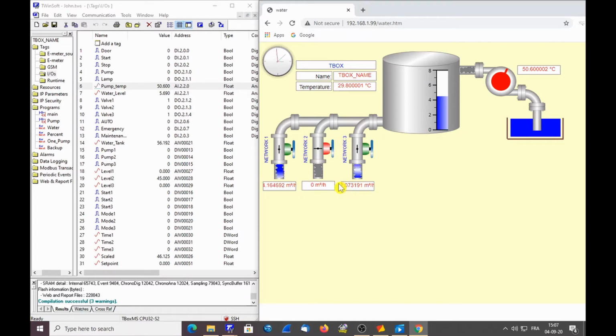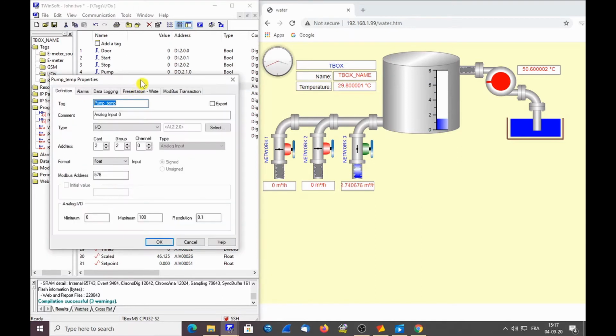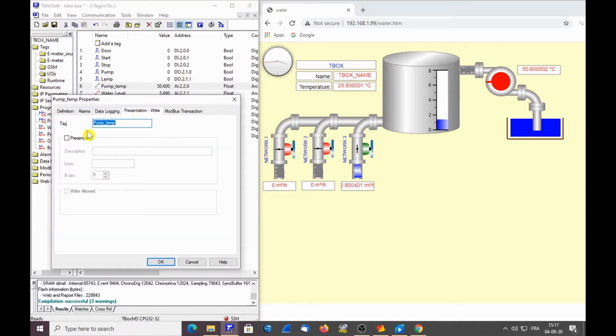Now, you can see that this display is not very nice. Sometimes I have a lot of decimals. Sometimes we had 1 decimal. Well, by default, a float shows 6 decimals. This can be limited from the tag presentation. So let's take, for instance, the temperature of the pump. So if I take the tag corresponding, and if I go to presentation, I activate presentation, and I have a